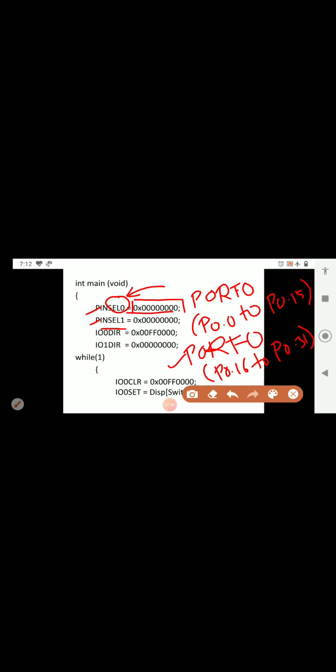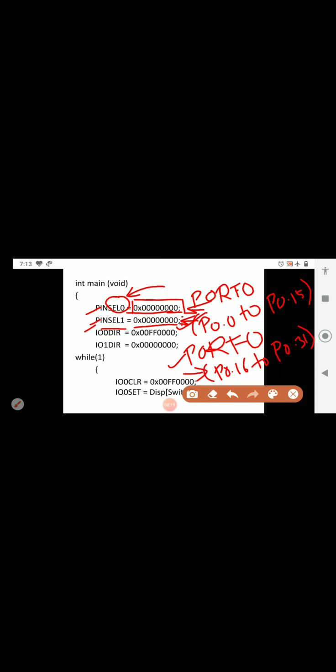So if you select PINSEL0, it is selecting these pins, that is P0.0 to P0.15, and if you select PINSEL1, it is selecting these pins. And what we are doing there is selecting these pins and copying the 00, or clearing those pins, by copying these 00 into that register.